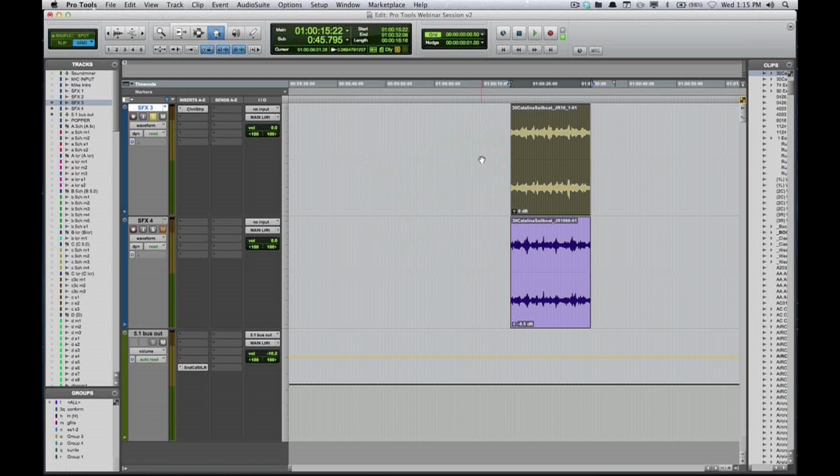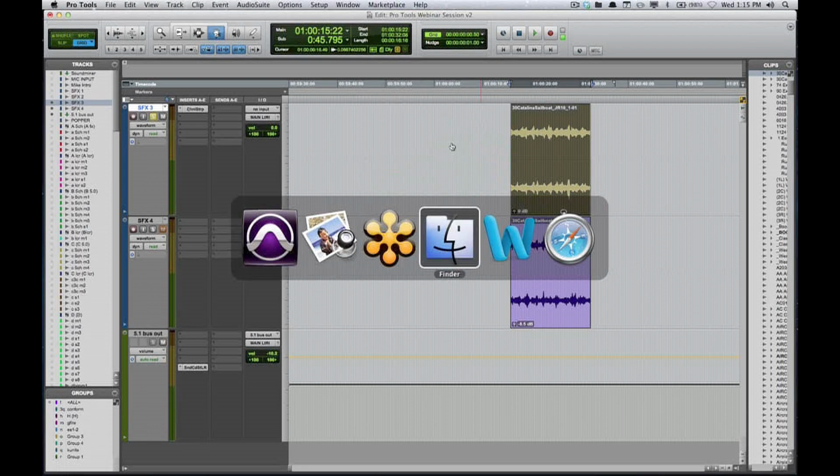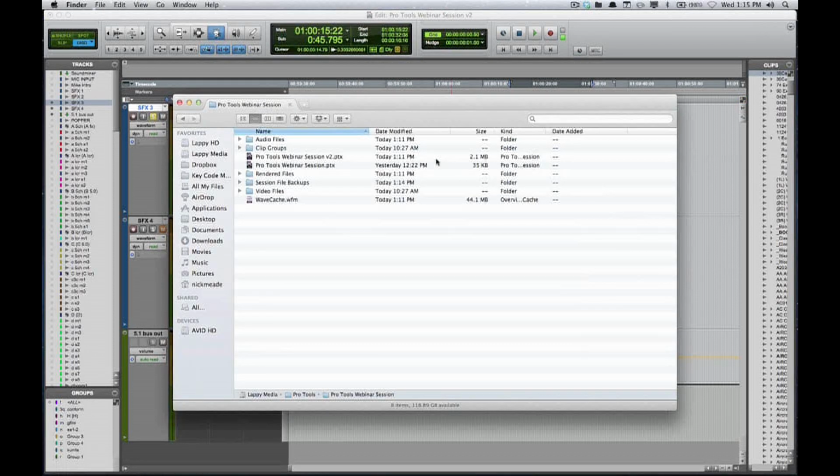For us film guys, something we've been dealing with for a long time is, let's say you're doing 6 reels of a film. Each reel represents a different Pro Tools session. The sessions are moving around between editor and editor assistant. They're going from the mix stage to the editing facility and going back and forth over and over again. Keeping track of all the files and keeping everything linked has always been fun.